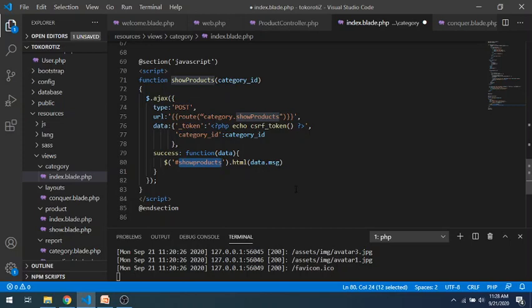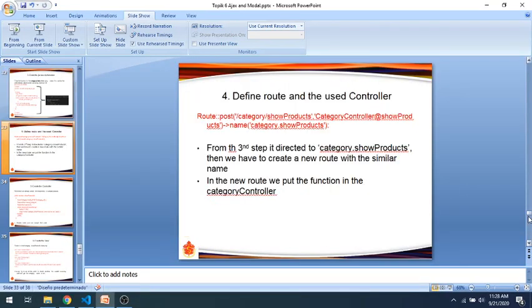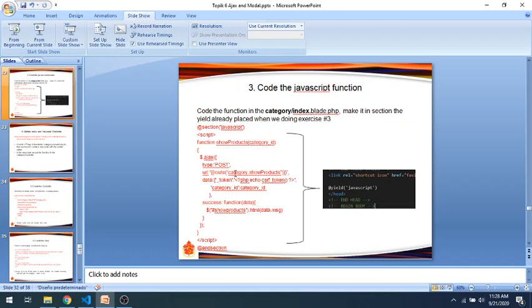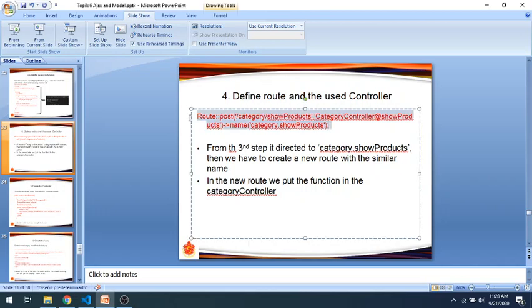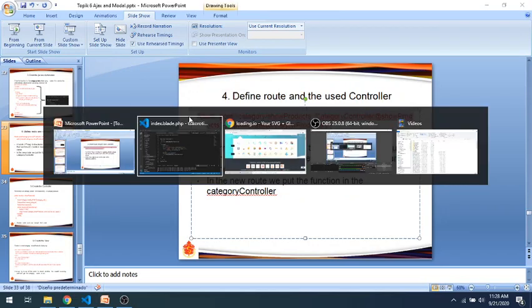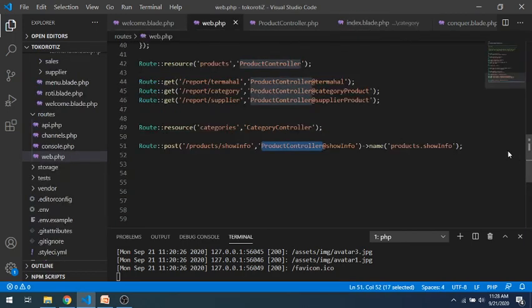Okay, next we will define the route. Here we use category.showProducts. Okay, we copy it. There is a new route in web.php.